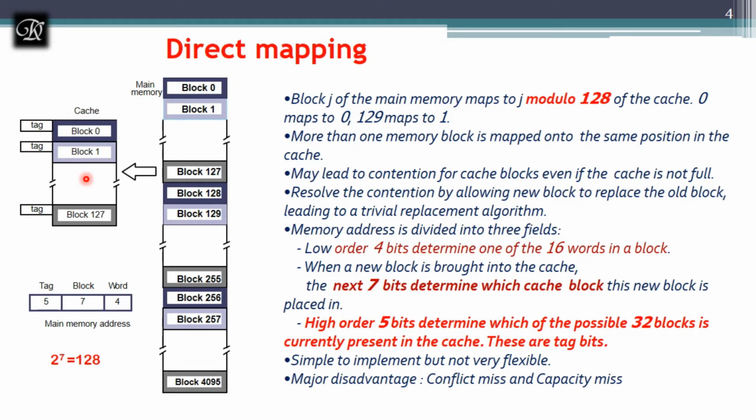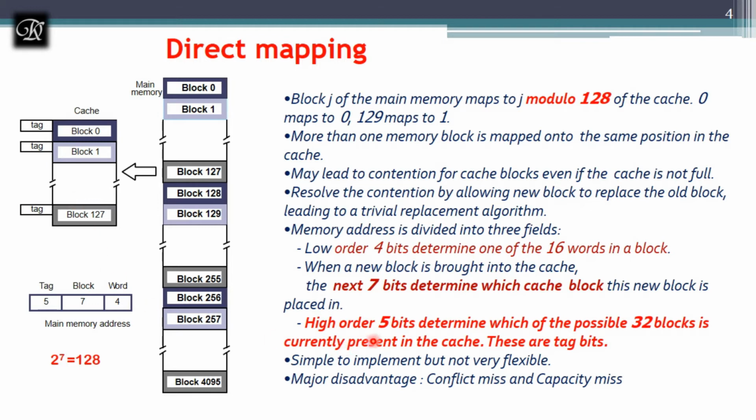So it is only a simple task: take the modulus of the memory block number, generate a remainder, and decide the respective cache block that will hold the memory block retrieved from the main memory. This is how it places the main memory blocks in the cache memory. And here, as I said, out of the 16 bits, the lower order 4 bits are used to tell the respective word, and the next 7 bits are going to decide which block it is, 0 to 127. So how am I going to get that? With the help of 7 bits.